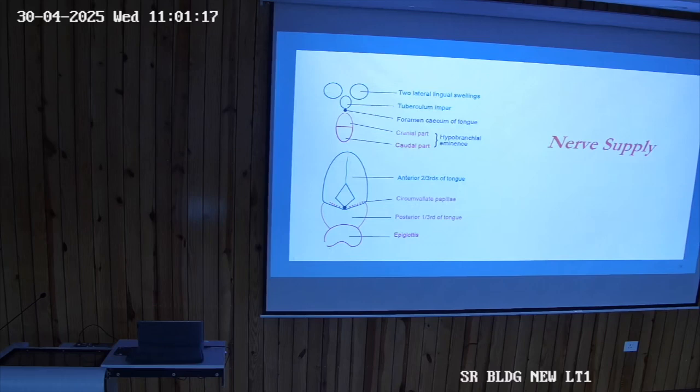tuberculum, anterior tuberculum impar. So fusion of the tuberculum impar and the two lateral lingual swellings is going to form the anterior 2/3 part of the tongue. Where did foramen cecum come from, I haven't told that yet. Sulcus terminalis I told you. Then the posterior 1/3 and posterior most part are formed by the third and fourth pharyngeal arch by a swelling which is known as hypobranchial eminence. Now this guy told me foramen cecum.